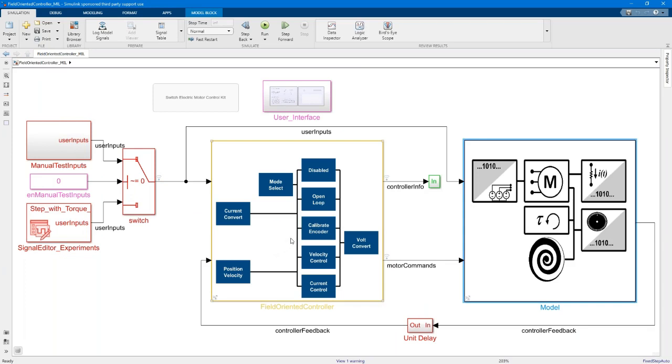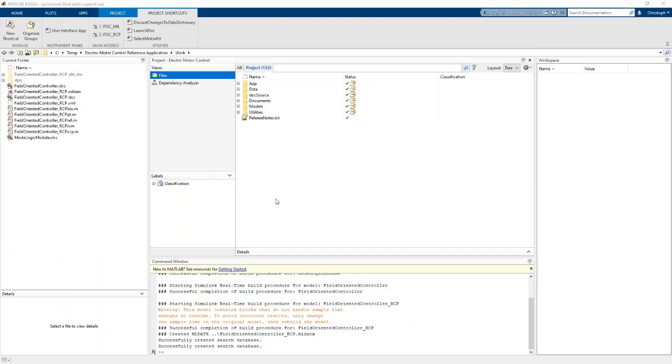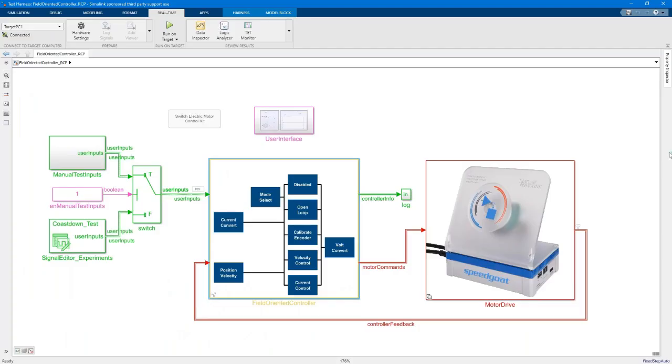At the same time, you have the field-oriented controller here. I'll absolutely not go into the details because it's much more interesting to look at the hardware, and Naga has done a perfect job in explaining this. So let's go together to the RCP part of the model,